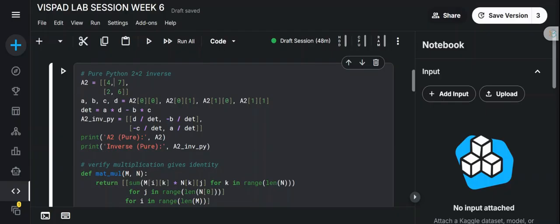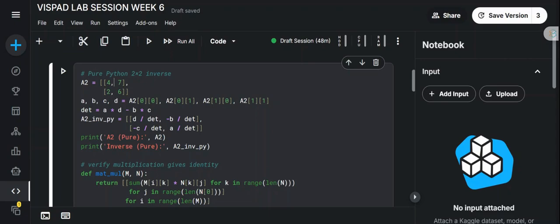Now, to find the inverse of this matrix A2, you are going to use a certain formula, which is what? 1 divided by the determinant of the matrix. In this case, the determinant will be a scalar value, so 1 divided by that scalar value will also result in a scalar. So we are saying that scalar, which is 1 divided by the determinant of that matrix, times